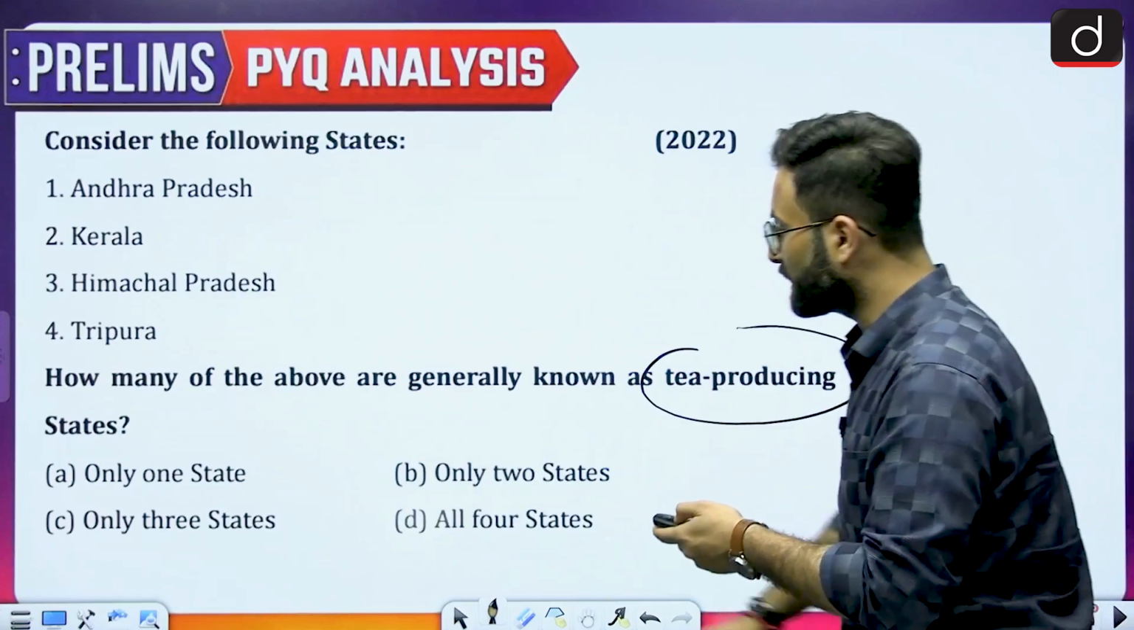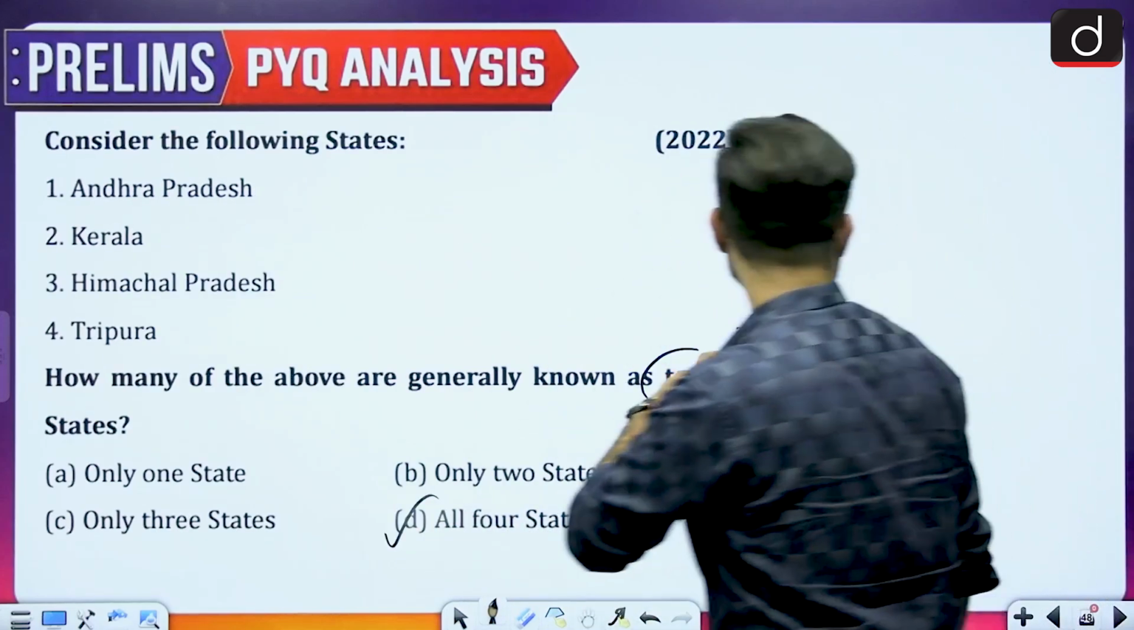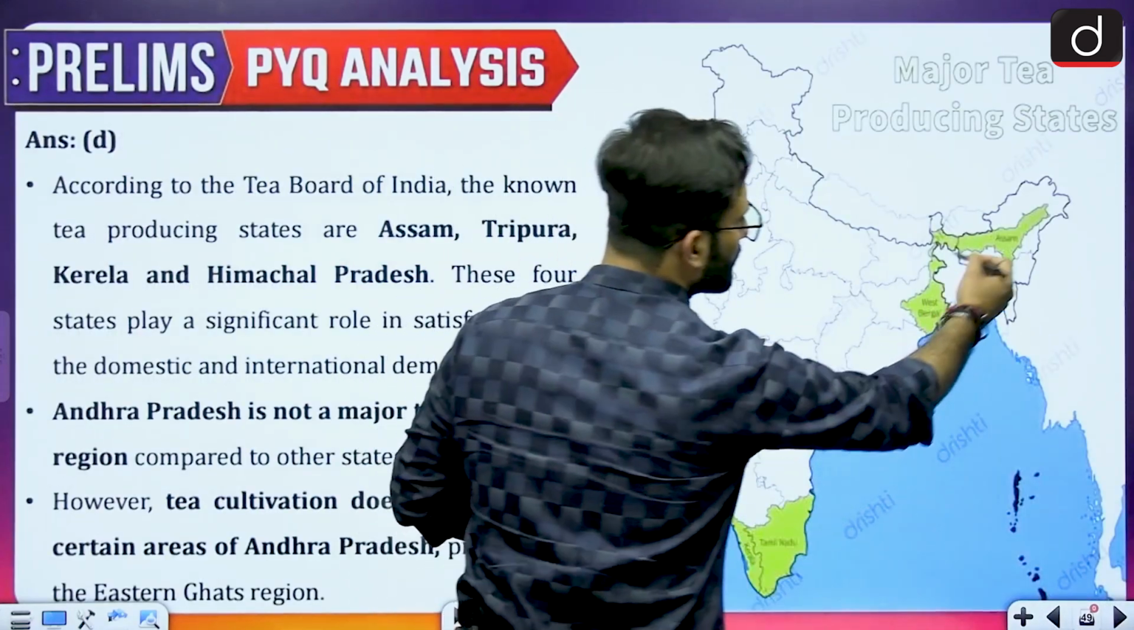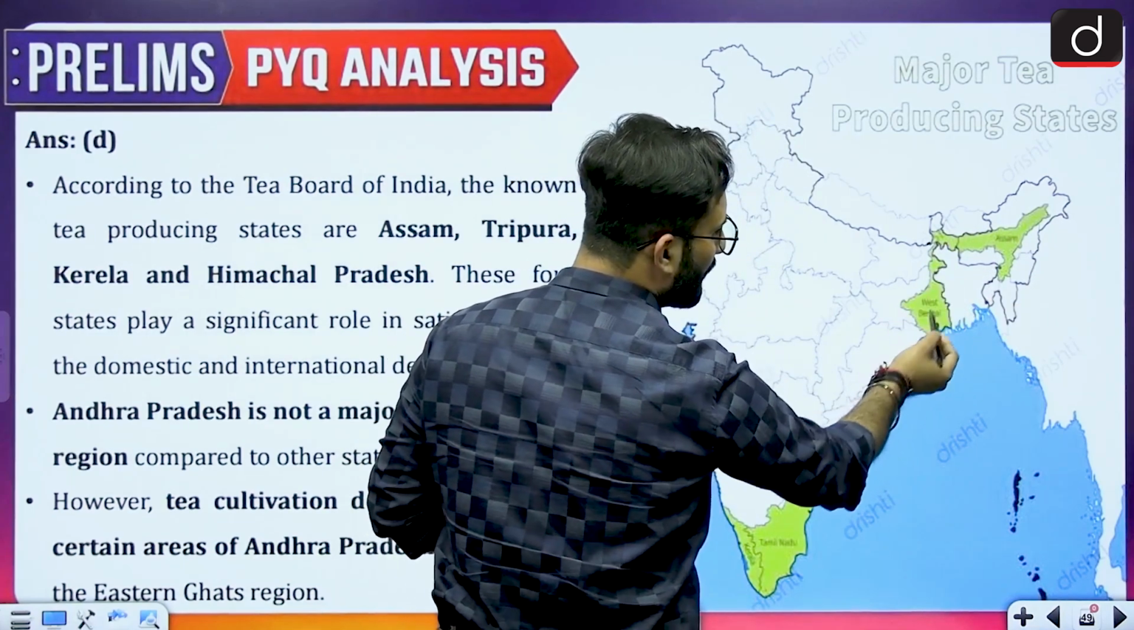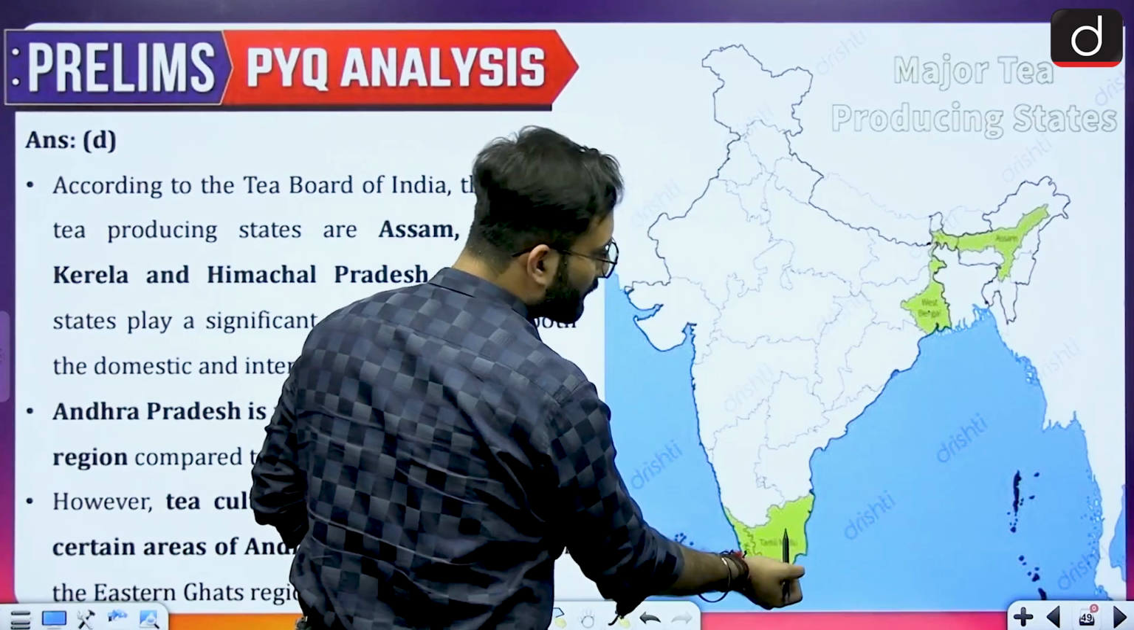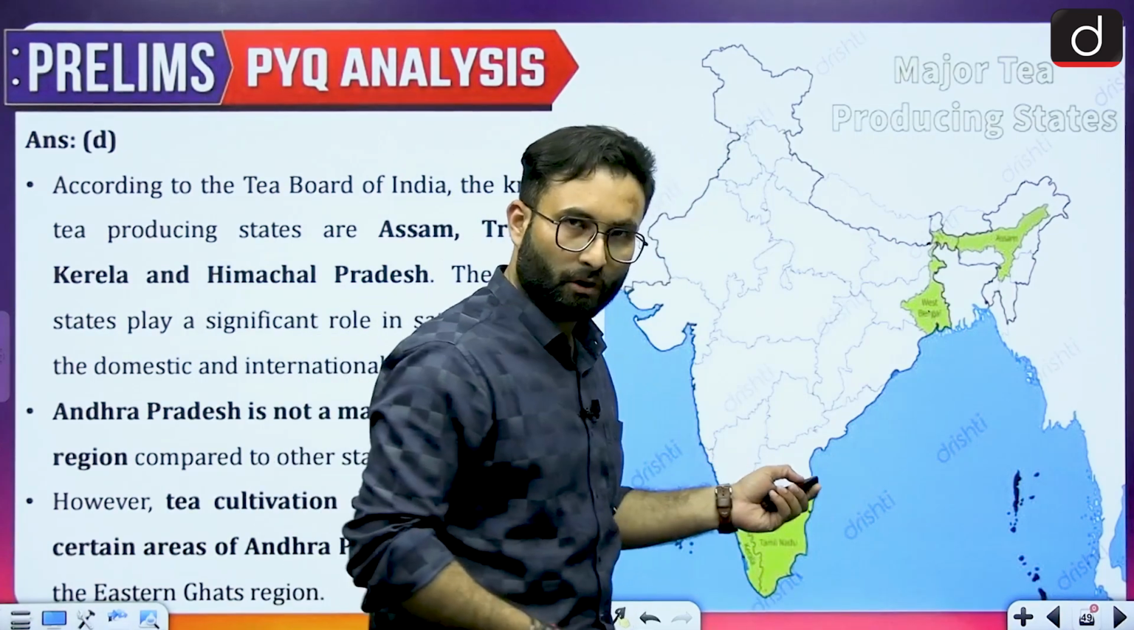So option D is your right answer. All the 4 states are having it. So here you can see, this is the northeastern region over here. Some parts of Tripura will also be having it. Then we have West Bengal, then Kerala, Tamil Nadu, and some parts of Andhra Pradesh will also be having this